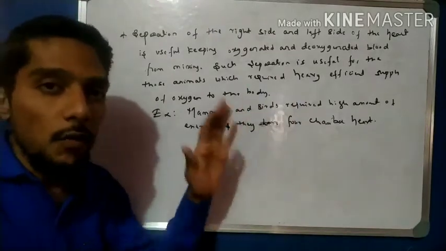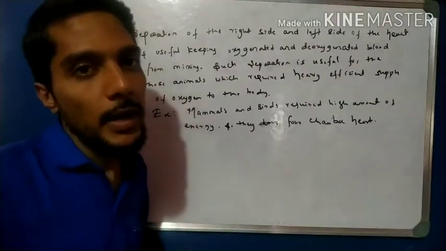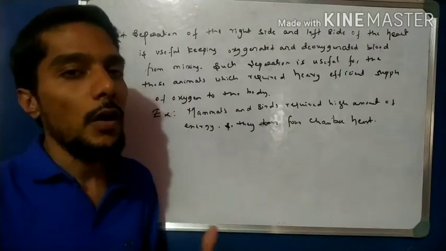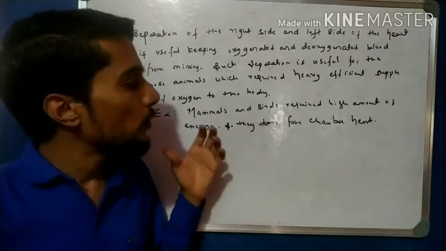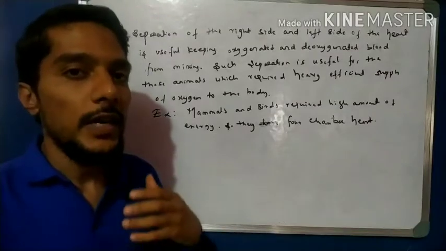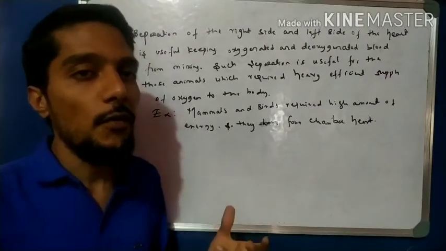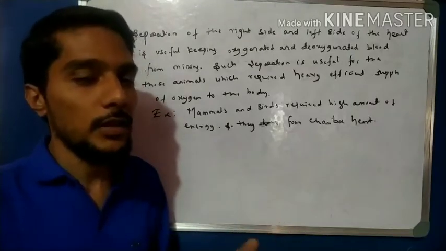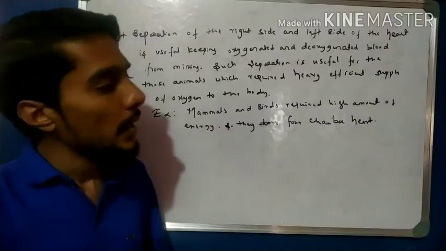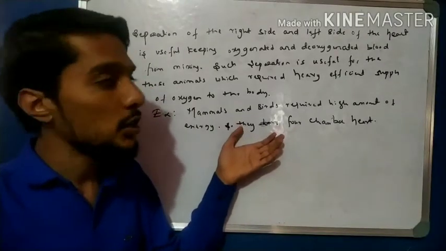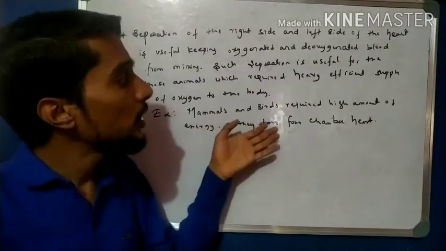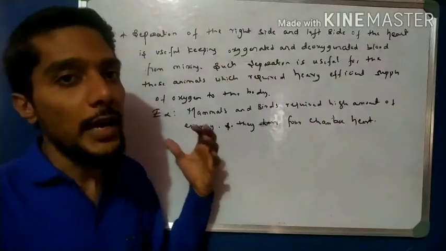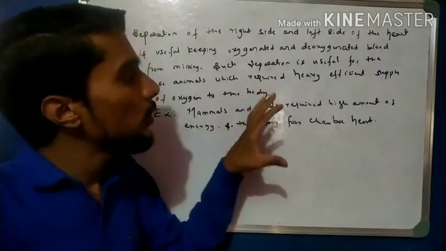Okay, for birds you know that for flying a high amount of energy is required, right? For the mammals, their body design is complex, more organs are there, specific organs are there, so a huge amount of energy is required. For that, oxygen is required, so the correct supply of oxygen is very important. Without oxygen, energy is not produced. If a sufficient supply of oxygen takes place, then only they can get the required amount of energy. So such separation is very important for organisms which require a huge amount of oxygen and energy for the life processes. So this is the 4 chamber heart.